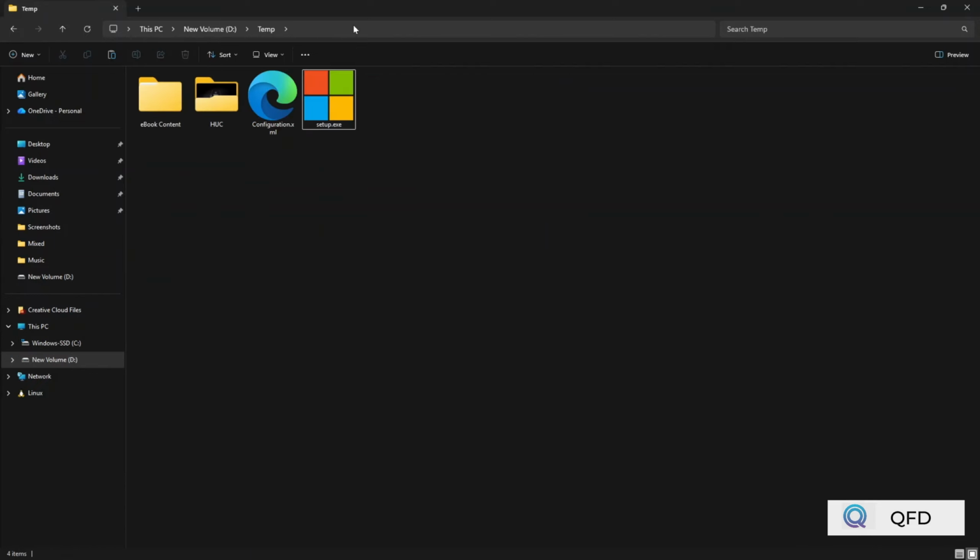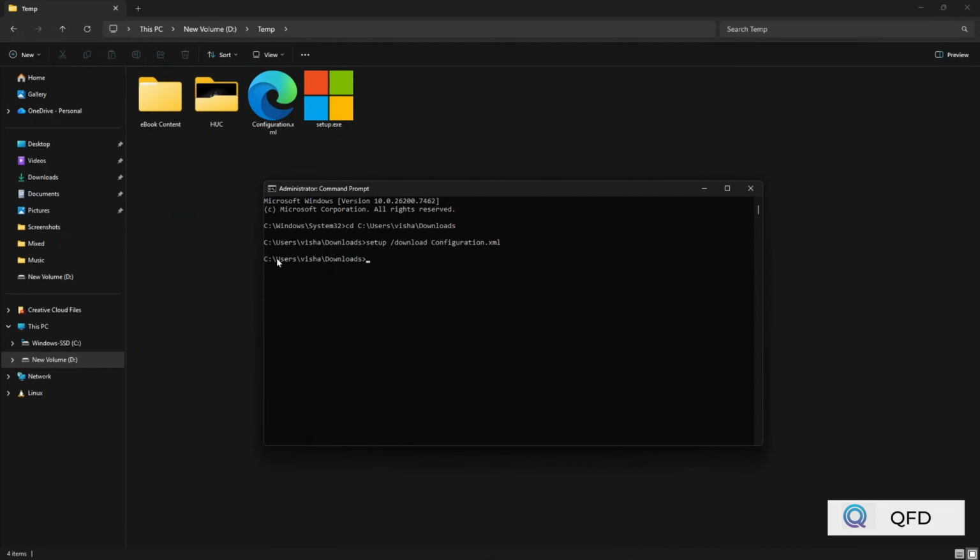And now we need to copy this path. Go back to your command prompt. And it was in C drive. Now we are in C drive, right? So first you need to enter D colon, hit enter, and CD, and then paste your path. And now again, we run the same command, that is setup /download configuration.xml. Make sure your internet connection is working and you have enough storage. Now hit enter. So it took around 5 minutes